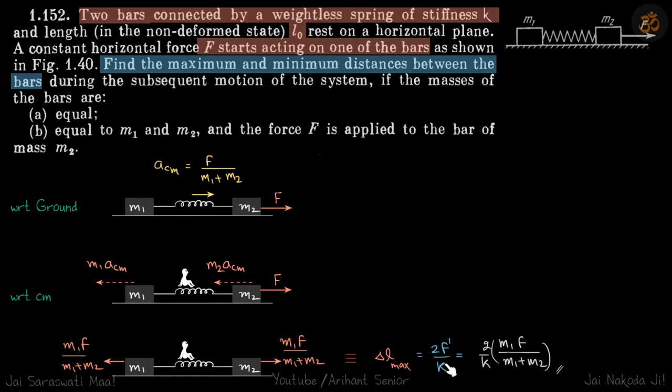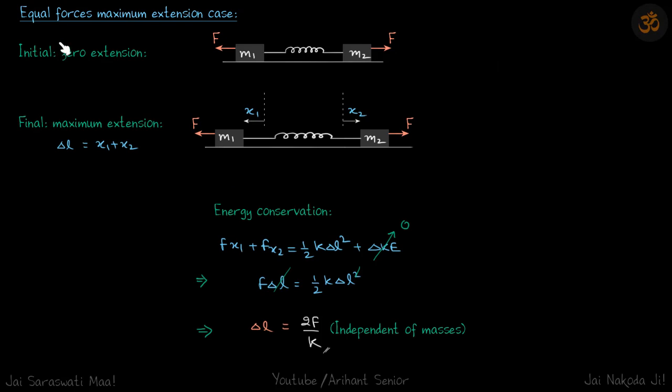So this is a general formula that whenever we have two particles that are connected with a spring and equal amount of force is pulling the two particles either away or towards each other, in both the cases the maximum compression or elongation is given by 2 F dash by K. So if you know that, then you can just do it in the center of mass frame and get our answer. Now the proof itself is not very long, hardly 3-4 lines.